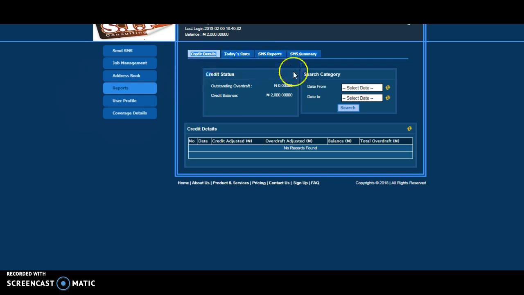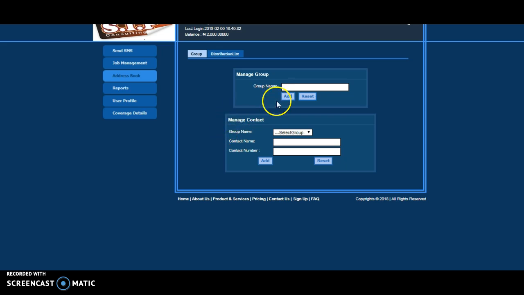So once you log in, this is what it gives you. This is the beginning page. This is the first thing you'll see when you log in. And so all you just need to do now is click address book. When you click address book, it takes you to this page, and you click distribution list,